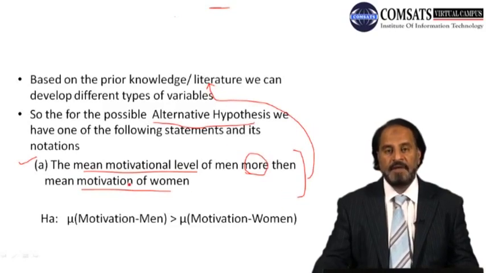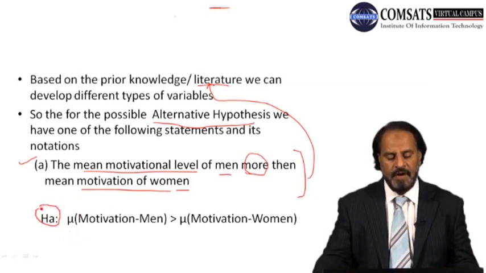Okay, if we have literature support which suggests that the motivation level of men is more than women, or women is more than men, depending on whatever direction you take, we are saying that men have higher motivation level than women, or women have higher. This all depends on the prior literature we had already surveyed. The notation for representing this is HA, which is the representation of the alternate hypothesis, and we're saying mu of men is greater than mu of women. So we're saying the mean motivation level of men is greater